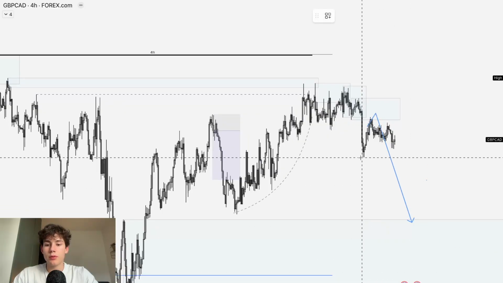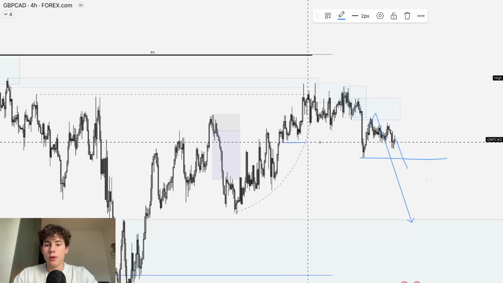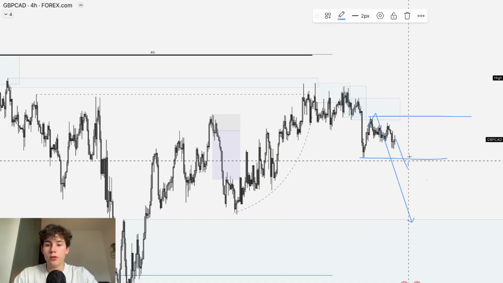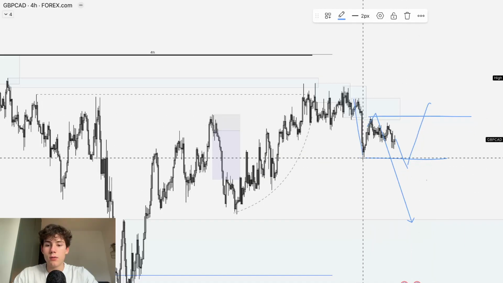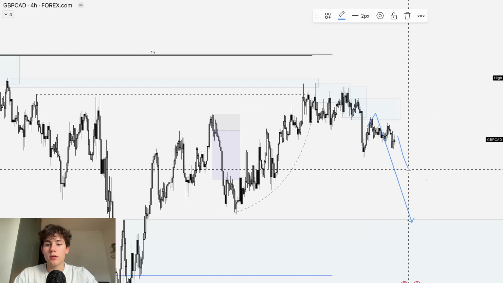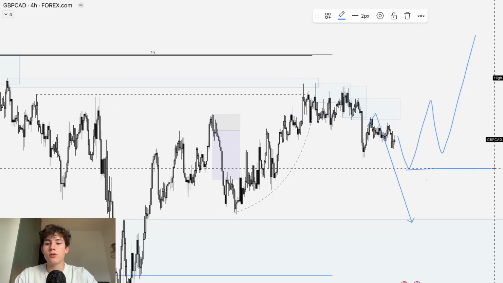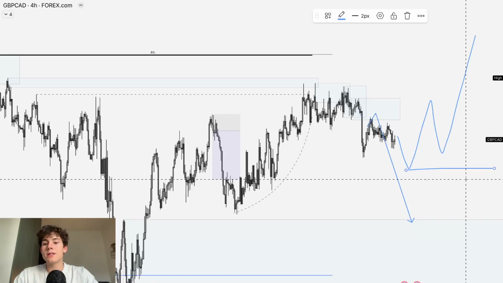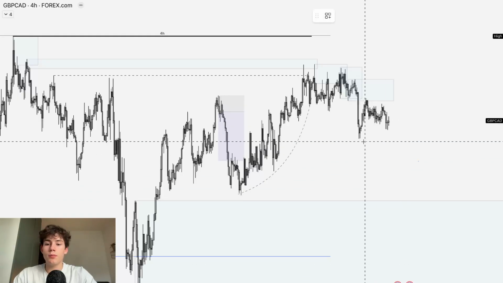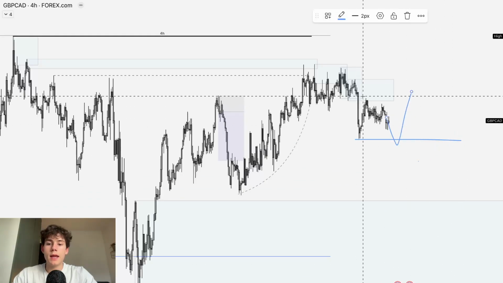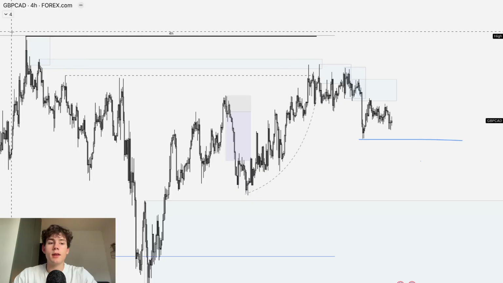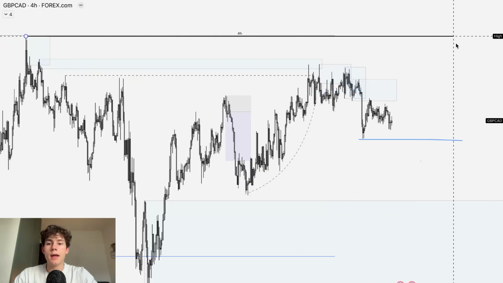Now, if you, for example, see a swipe of this low, so we grab liquidity with possible early buyers, and then you break the internal structure, which is down, up, down, and then you break the high of that internal structure, then you could start to look for possible longs, knowing that this could be a possible strong low. So if we start to swipe this low, then get your internal structure bullish, and then you could look for longs to continue up higher, take liquidity above the highs, and trade towards the swing high.